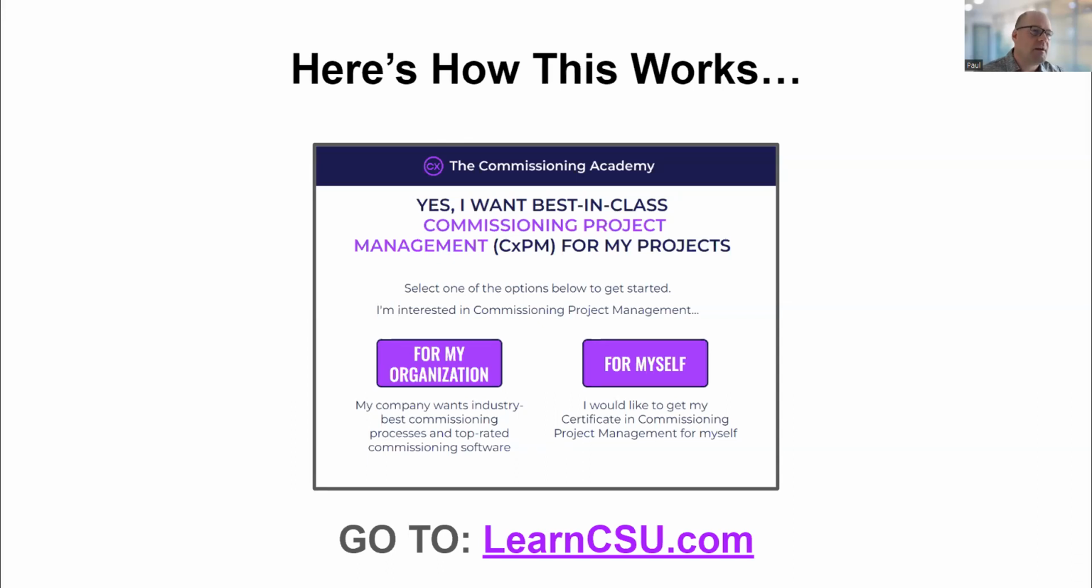We want to make things super simple because commissioning is complex. This needs to be simple. We need to simplify the process to help people get the resources and the information they need to get this stuff figured out on their projects. So everything's here. You get to evaluate the options and make an informed decision to see what's best for you and your project. So go to learncsu.com right away, answer a few questions, and you can get access to the